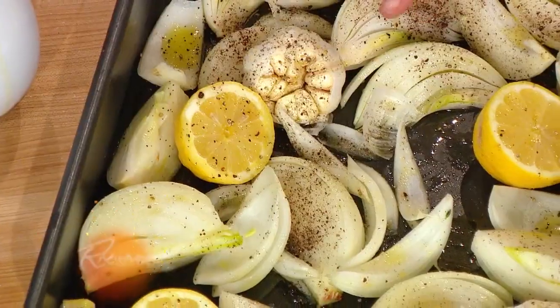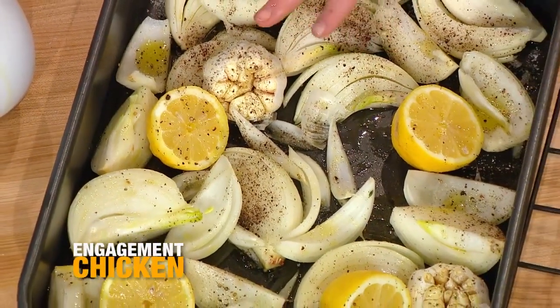This is my take on engagement chicken. We're going to start our roasting pan with a couple of large onions, leave the root end attached and cut